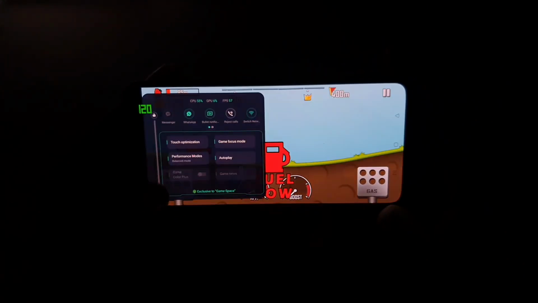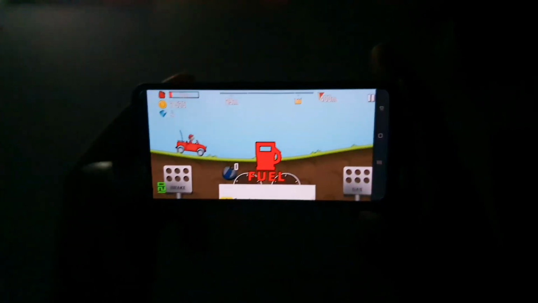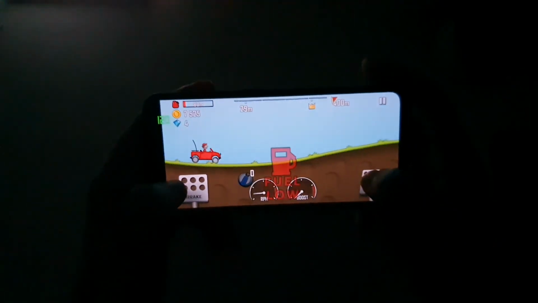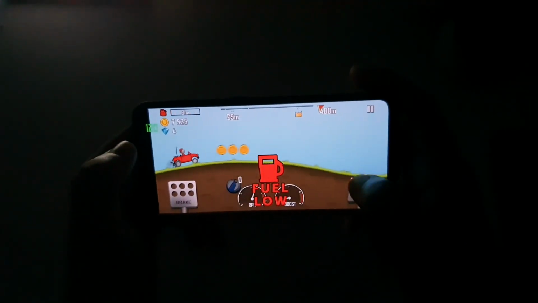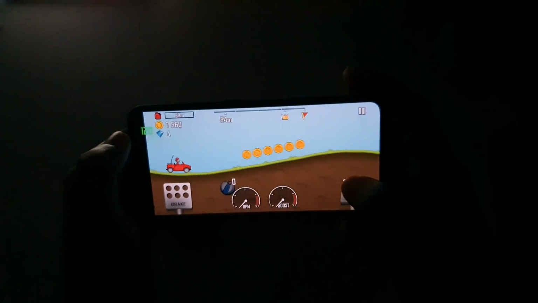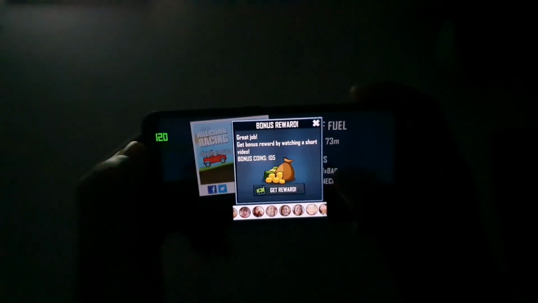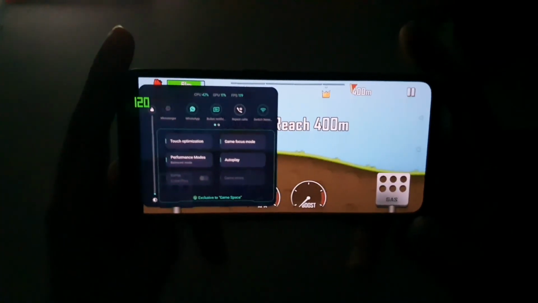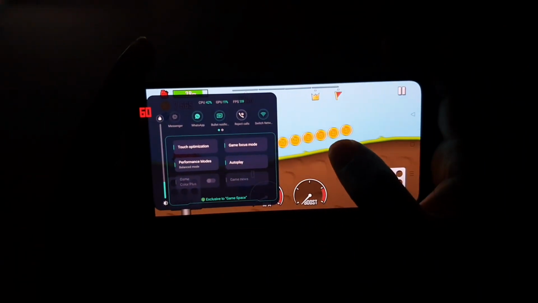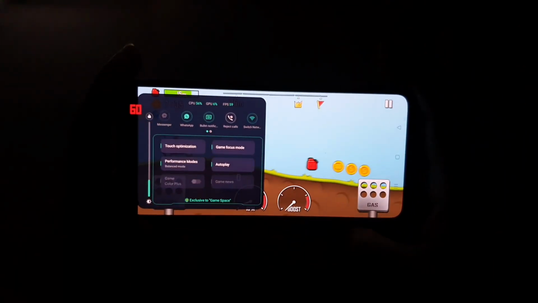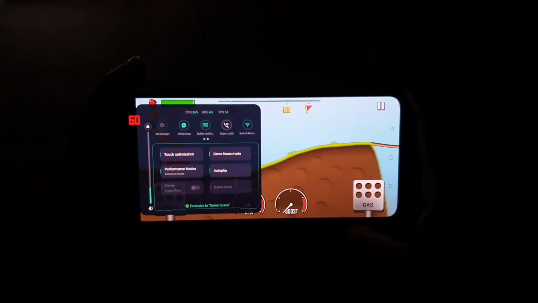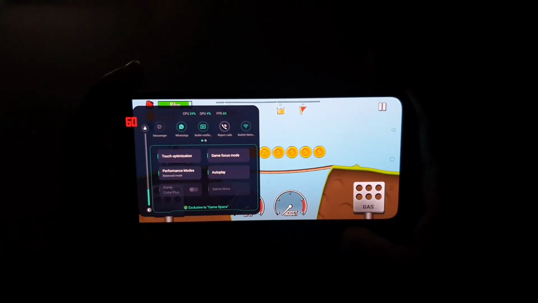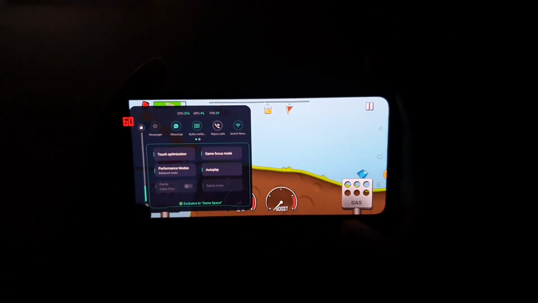Clearly you can see. Again, let me do the same test. Let's go to the main menu and open. It stays at 120. No problem. It's staying. So let me play the game again. Now you will be able to see what is happening. So 120, and I'm trying to increase the brightness and come back to the game. Boom, it went back to 60 again. So the only thing is that on this phone at this moment, you can play 120 FPS only with 0 brightness.